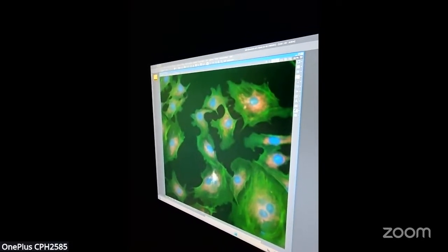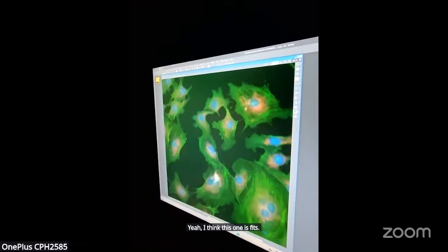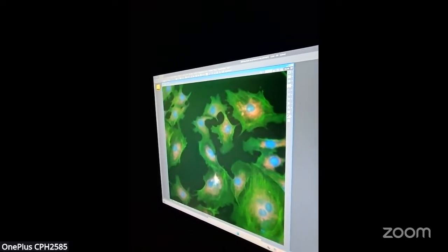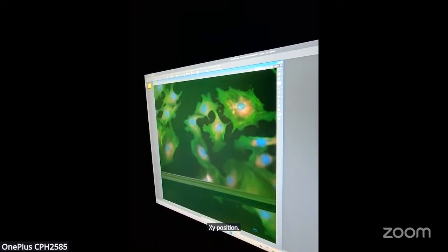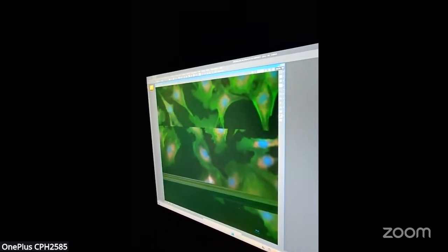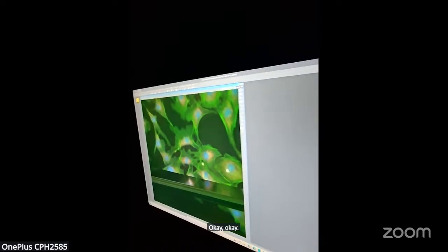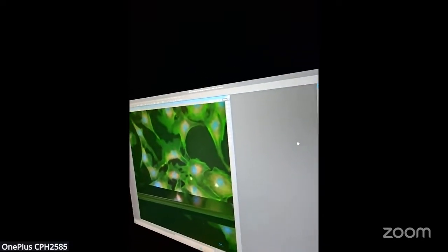Yeah, I think this one is best. So now I'll change the XY position. Okay, this one also. Right.